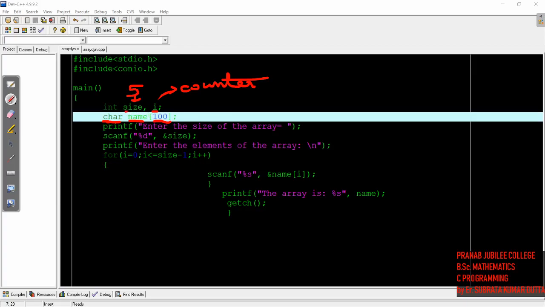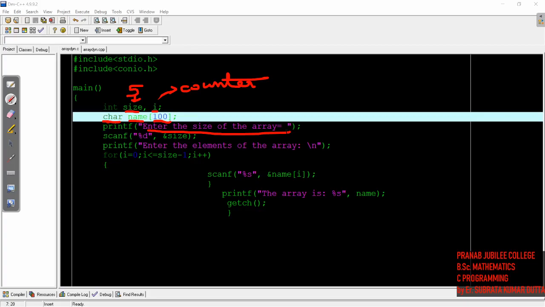So for that I am using another variable, by which the user can constrain the size of the array by themselves. Simple as that. Now let's move to the next line. I will ask the user to enter the size of the array, that means how many elements he wants to store.